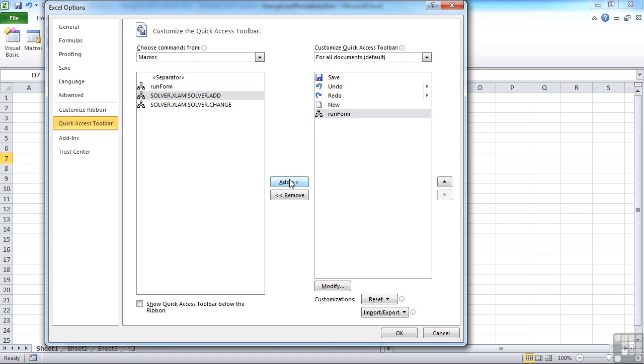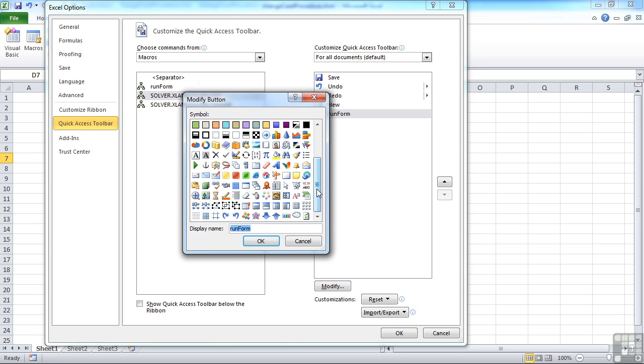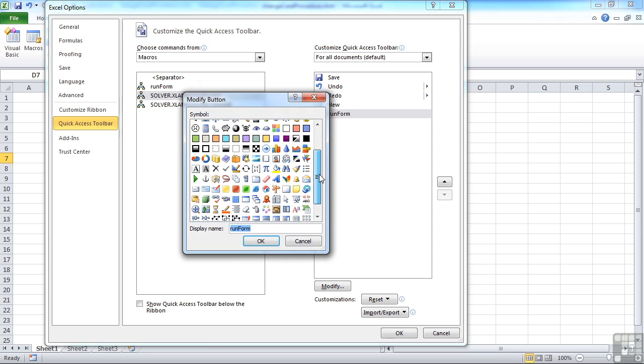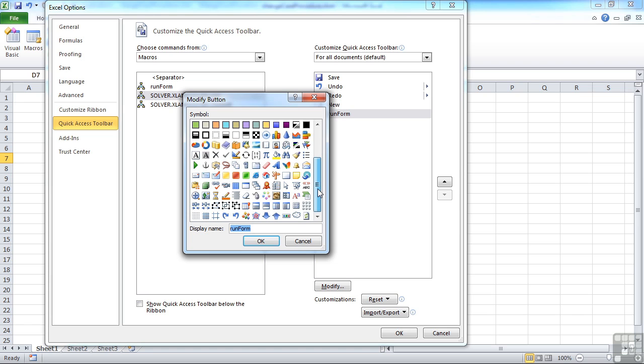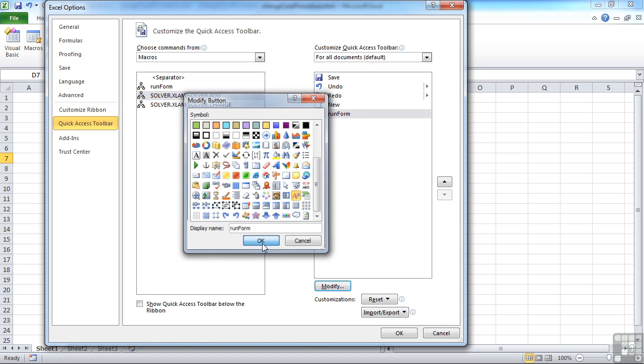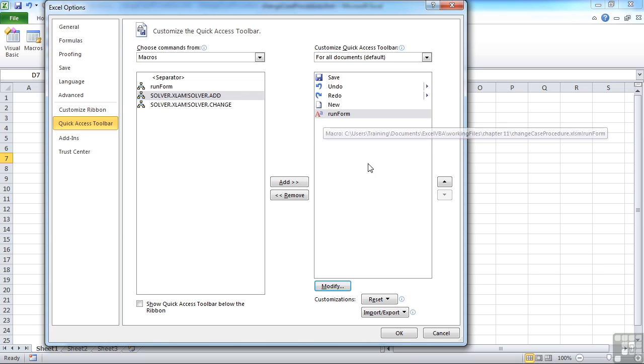So we click add. Now you can change where it appears. It currently appears at the end. So I can move it so it's more to the left or to the right. And I can change that awful icon that we've got there. It looks like a spaceship. So we select that line and choose modify. And we can choose any of the other built-in icons that might be better than the little spaceship type thing. So it's change case. So probably that one might be a good choice with a capital A and a little a, looks like a good choice. So I'll choose that icon and OK. And you can see the icon then changes. And if I say OK,